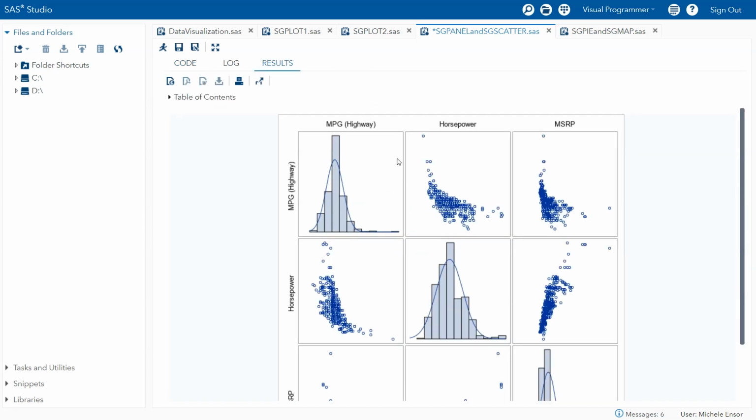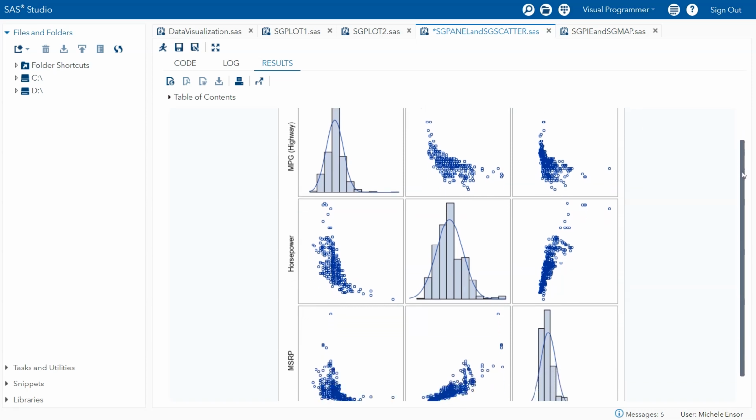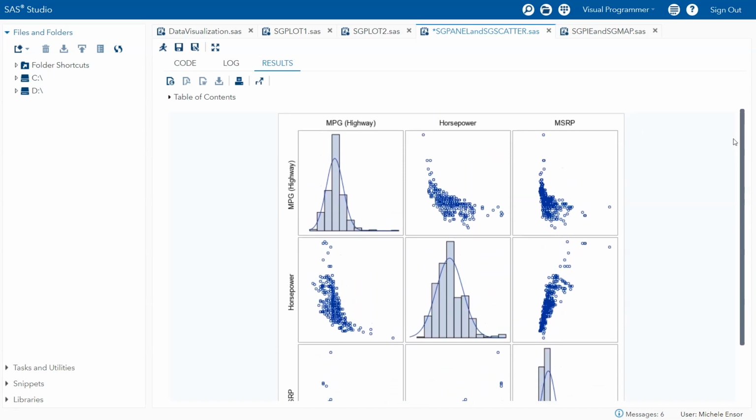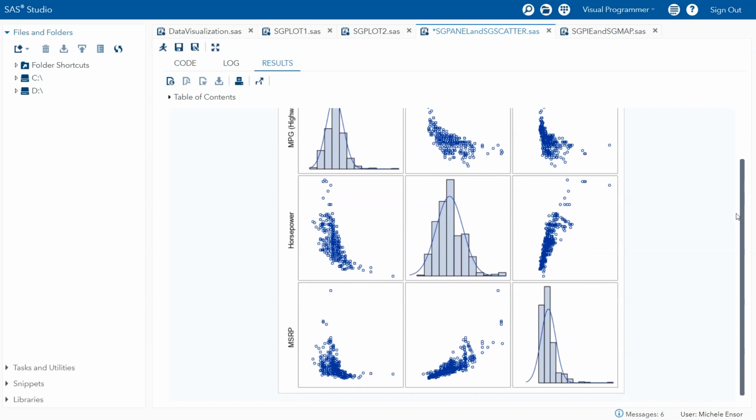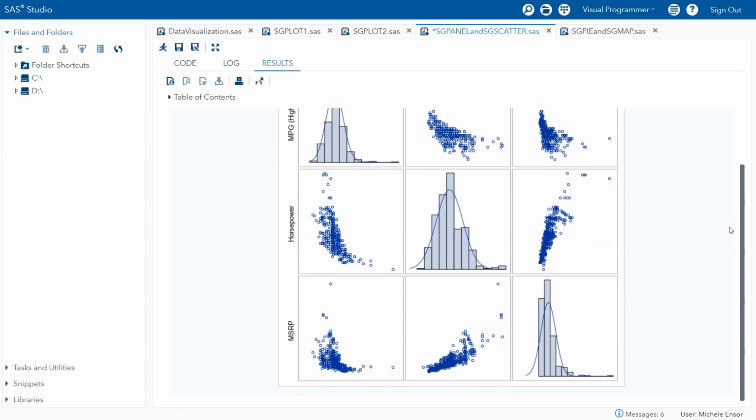Look at the result. First column is MPG, second column is horsepower, third column is MSRP. As far as the rows, those 3 columns are used. You'll notice in the diagonals we see histograms. The first histogram is for MPG, the second is for horsepower, and the third is for MSRP. Within a given cell, we can see what the axis represents. So this second cell here represents horsepower on the x-axis and MPG highway on the y-axis. This matrix statement is a quick, easy way to refer to numeric variables and see their relationship within a graph